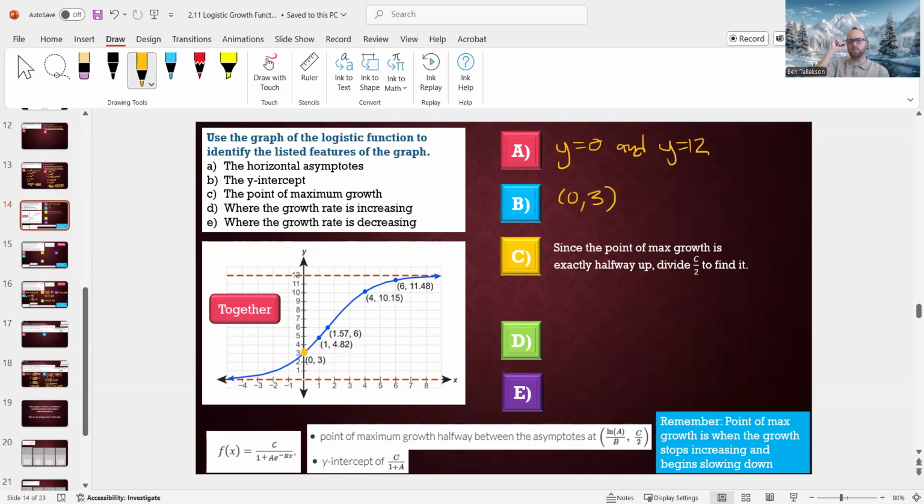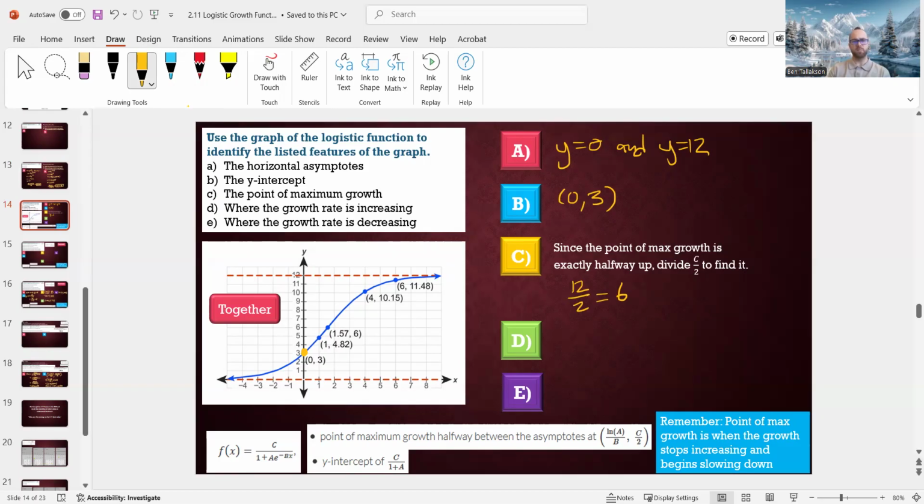C, the point of max growth. Well, we know the point of max growth is exactly halfway. We could just take the carrying capacity, this 12, and divide it by 2. It's kind of like a midline, but it's not a line, it's a point. So, but it's halfway between. So all we need to do is take 12 divided by 2, and we get 6. So the point of max growth,